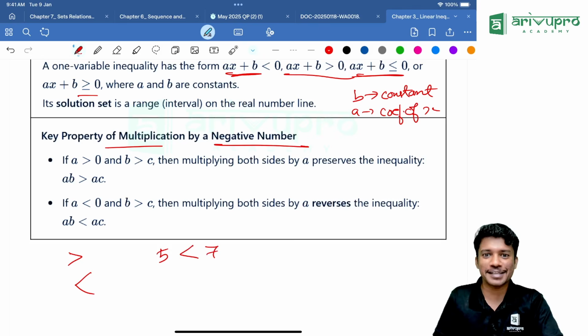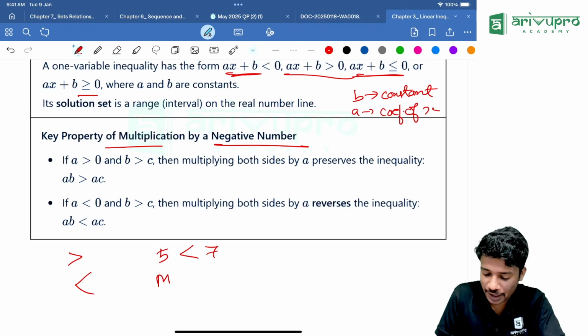Hey, 5 is less than 7. Now, if I multiply